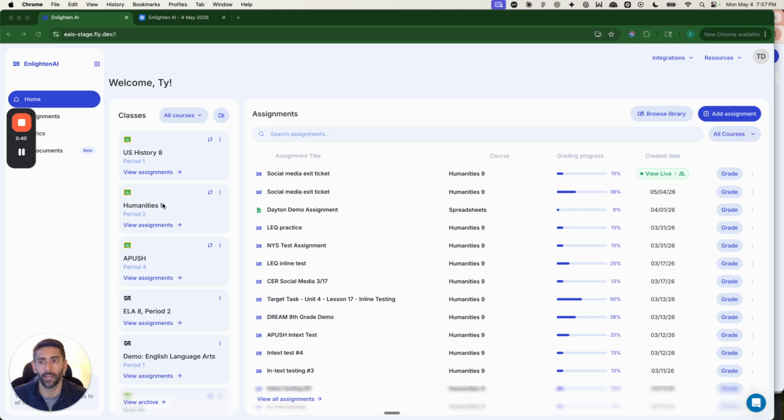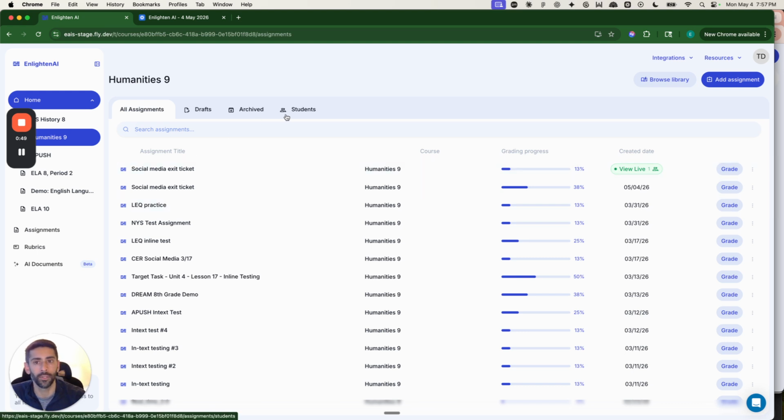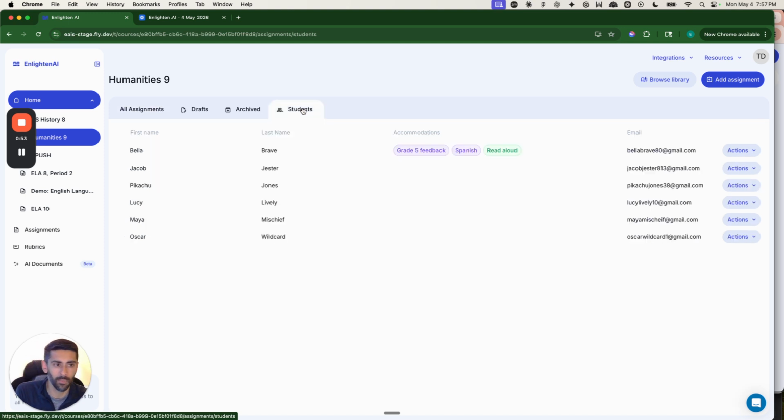Let's see what that looks like by going to a course. So over here on the left-hand side of my home dashboard, I have my courses or classes panel. I'm going to click on Humanities 9, Period 2, and I'm going to come up here to the Students tab. Now this is probably not somewhere you've been before much because there wasn't much here, but there is a lot